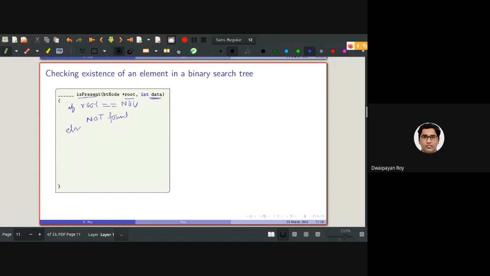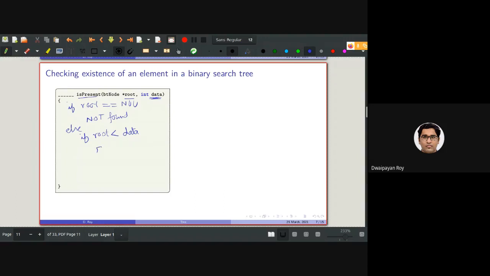Else, what we need to do is check whether the data is less than the root data or greater than the root data. So if root data is less than data, that means this data is present in the right subtree.